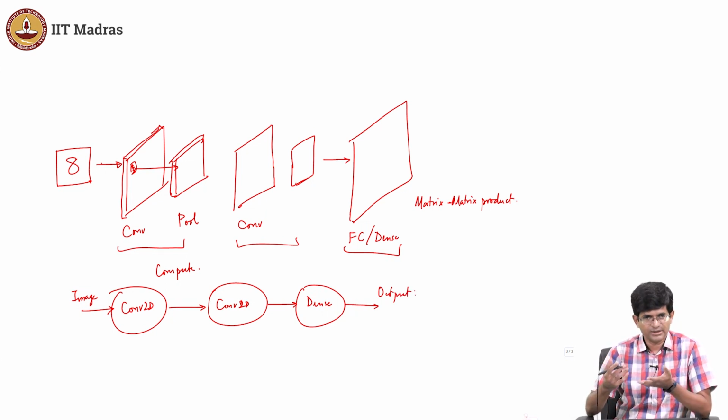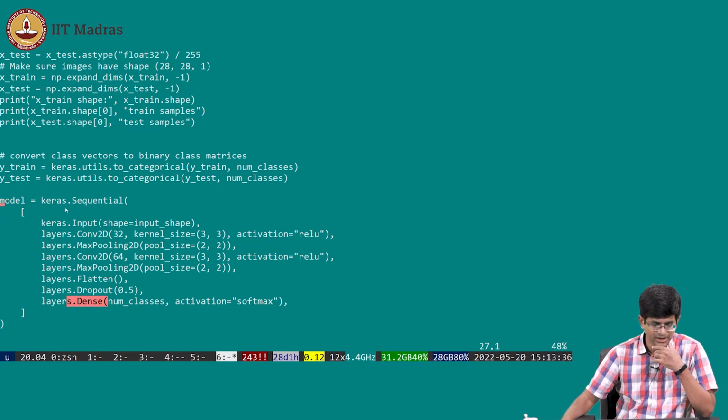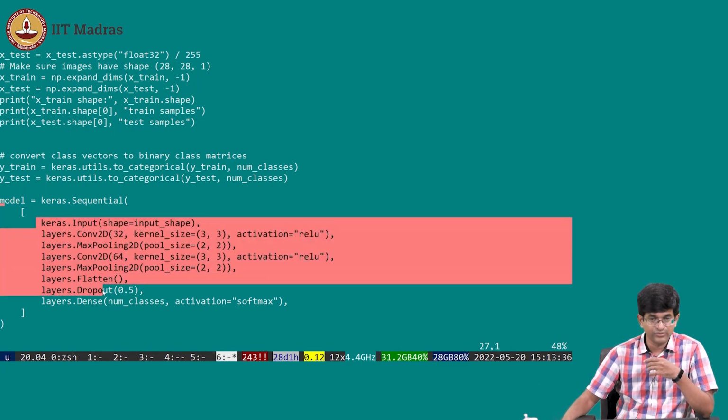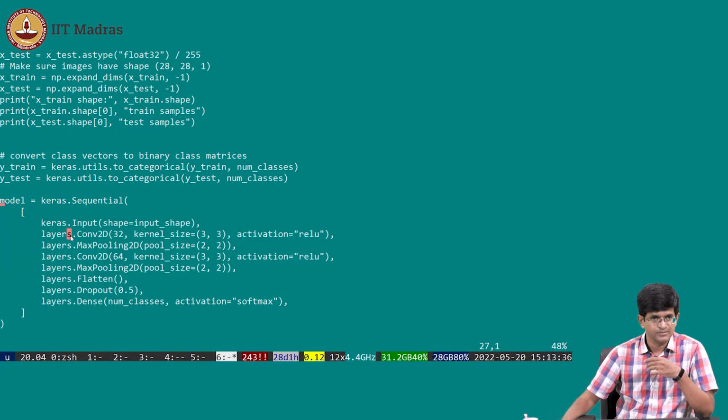Starts to look familiar, the same structure again. You have a pipeline of things that are coming through. And that's exactly what's happening here. The model being used by Keras is a sequential model. What does sequential mean? It means it is taking inputs of a certain size and passing that input along. All it is doing is taking all of these layers and feeding the output of one into the next. In other words, it's directly creating a pipeline out of the things that you have provided to it.